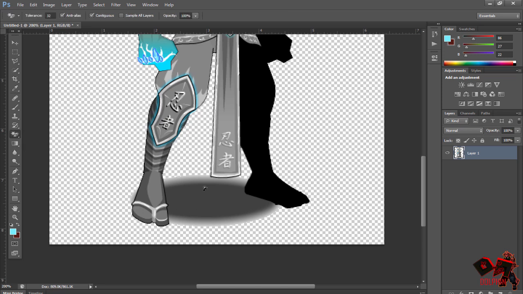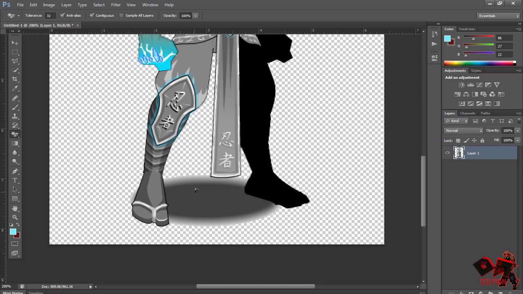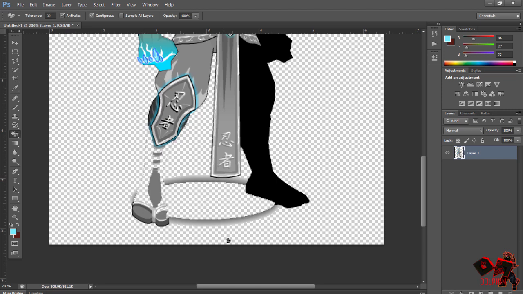For me, if I did this, as you'll see, it just removes part of the leg. For some armors this doesn't happen, but for my armor, because the color of the shadow is just like the color of the armor here, so what I'll do is wait. So if it worked, just keep on pressing it and yeah, that's it. But since I have this armor,